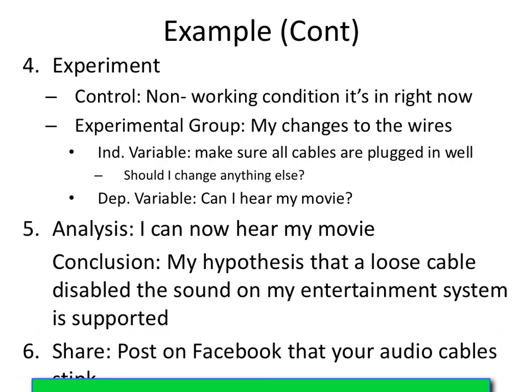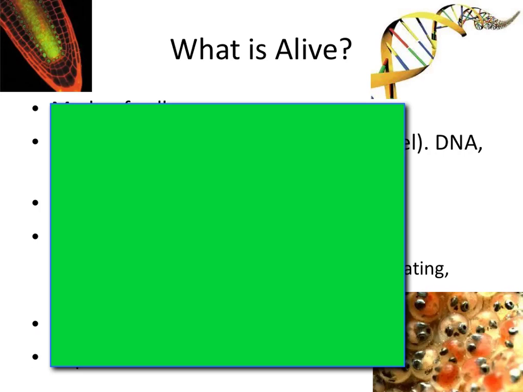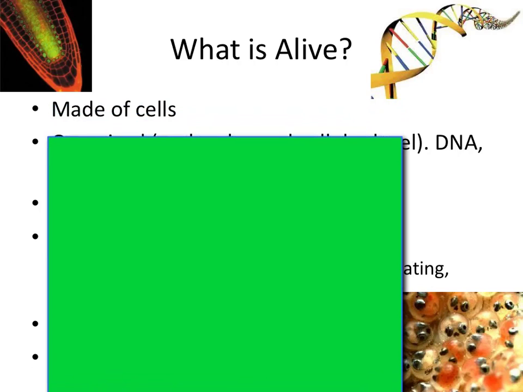Okay, so moving on, talk about biology again. So biology is, well, bio is life, ology is the study of, so simply put, biology is the study of life. Yeah, that's not that difficult, but what does it mean to be alive? So the major science-y stuff that we're going to be learning about for this unit are the 6 main things that define life. Right? If you're going to be considered alive, you need to have or do each of these 6 things. Very important.